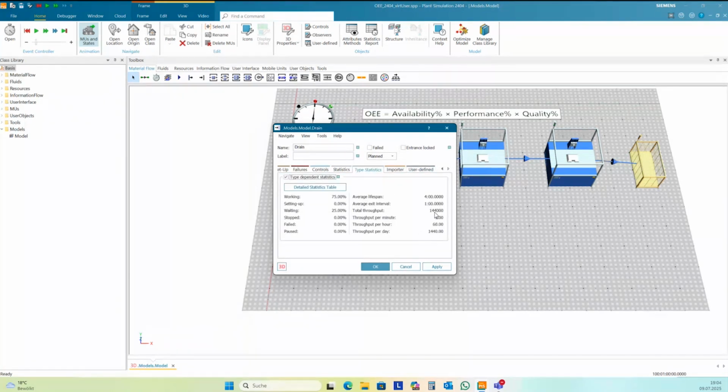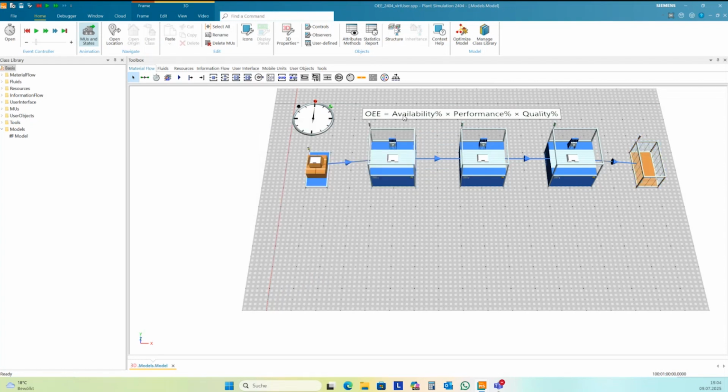So we have our 144,000 parts and 1,440 per day. And if you have a more complex model, then you need this performance measurement here as max throughput, for instance. And this we need to calculate later our OEE figure.